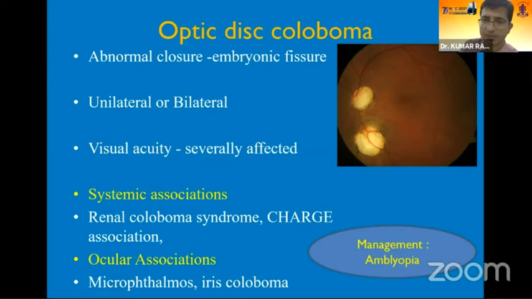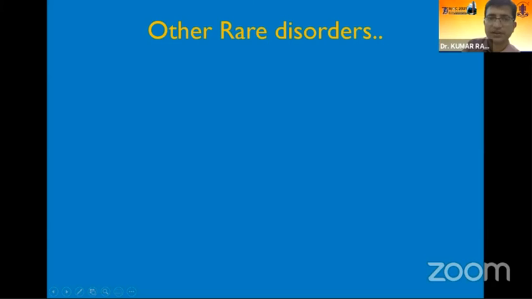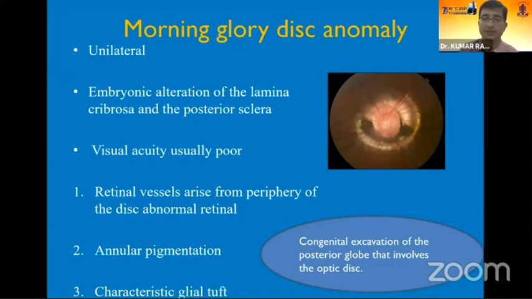But remember that these cases are not typical glaucoma, even though, because of the coloboma, the lower part of the disc is showing changes which resemble glaucoma, but with IOP under normal limits. It's not a case of glaucoma. Now, for confirmation, if the visibility is poor, we can do a B scan and see the deficient sclera in the lower part. Other rare disorders: in morning glory disc, we can see that there is a central tuft of